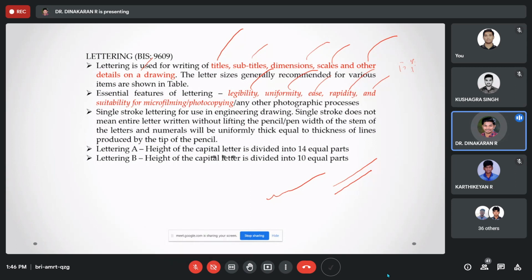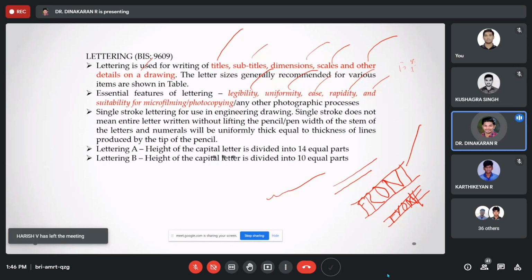If you are writing as a front view with 5 mm or 10 mm, it should be in capital letters only. Don't write running letters or small letters, that is not acceptable. Only uppercase, capital letters, are acceptable for engineering drawing.